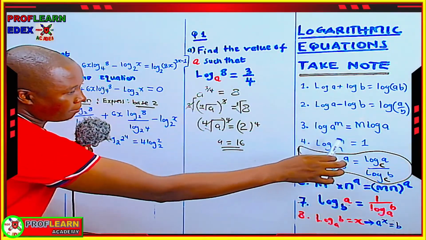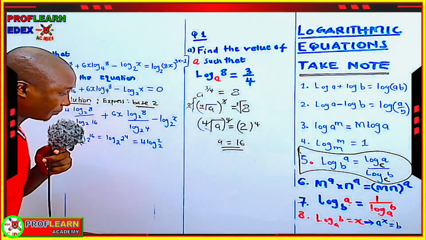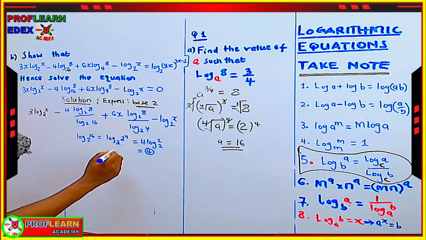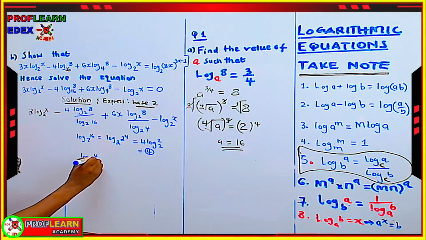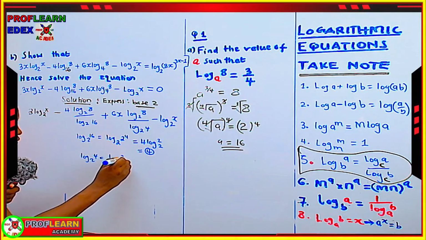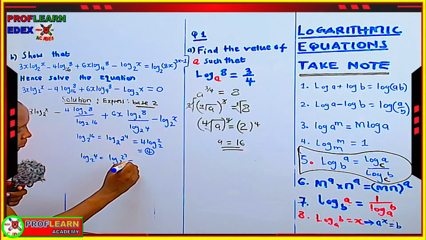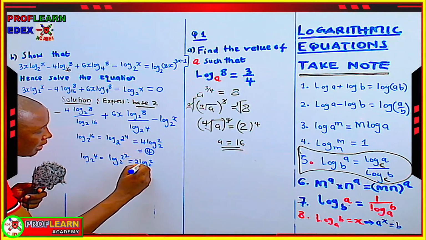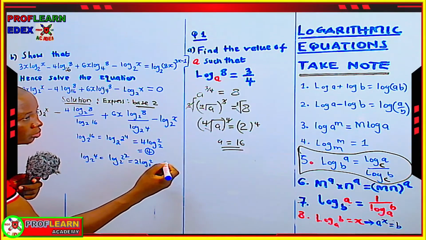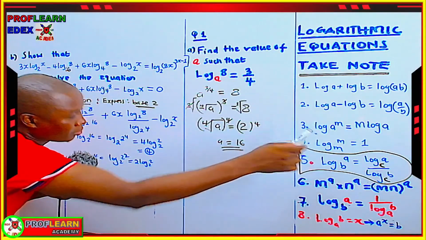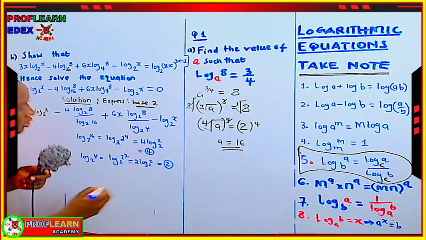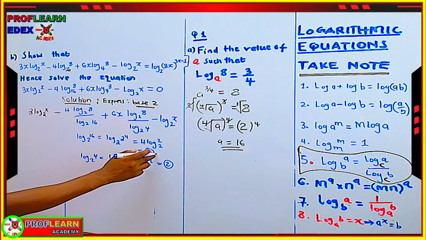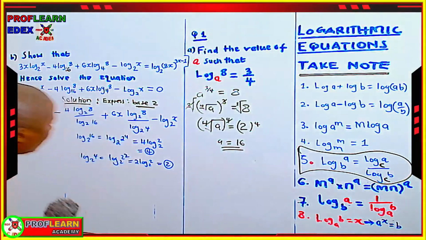So meaning that our expression now can be written as 3 log x base 2 minus 4 log 8 base 2 over 4, because we have said log 16 base 2 is 4, minus 6x log 8 base 2 over 2, because log 4 base 2 is 2, minus log x base 2. Now you can see this and this will cancel out. Here we are going to have 3x at this point, and our expression is going to translate to 3 log